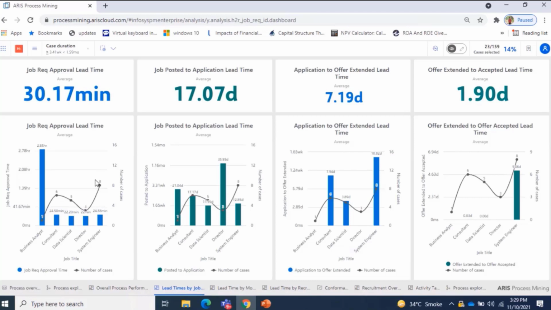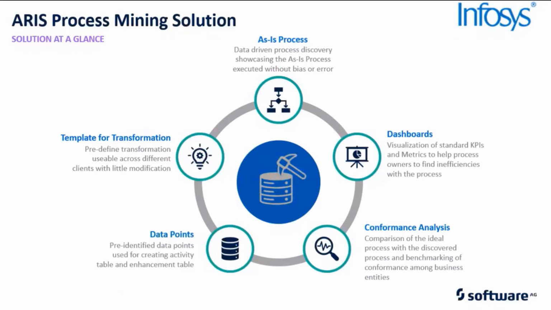Now I will move on to the presentation part where Bhavil will end the presentation. So just to give you a quick glance at what we have discussed till now. We started our process mining journey with identifying the data points as per the source system which we are using. And it plays a vital role in order to create our next pillar, that was creation of template. So we wanted this to be a reusable asset. It is created in such a way that any user or any organization that wants to use this particular solution can directly plug and play and start using it with very few changes.